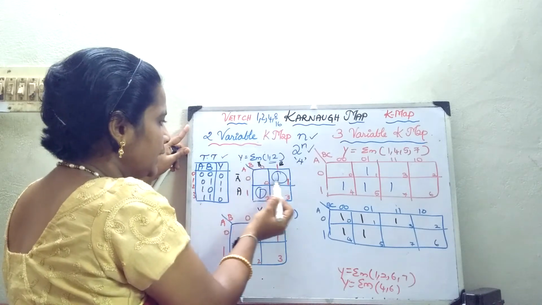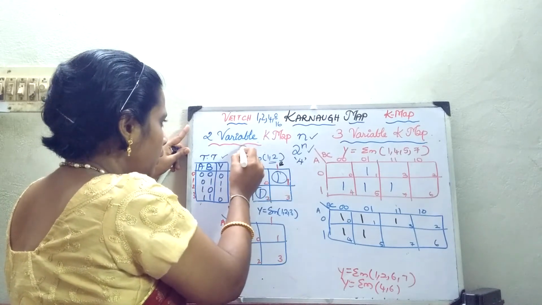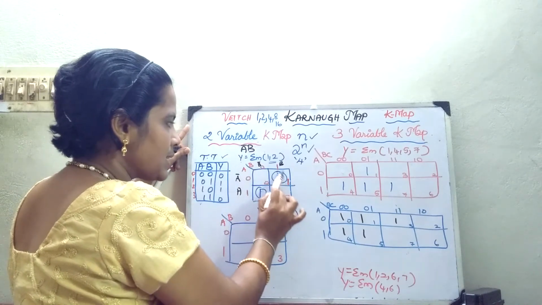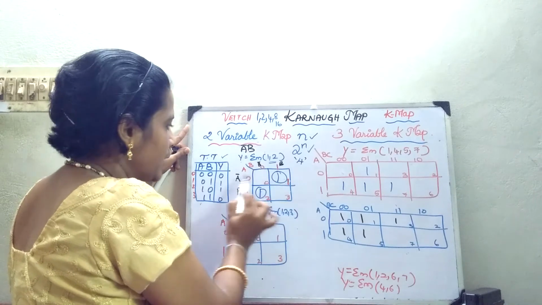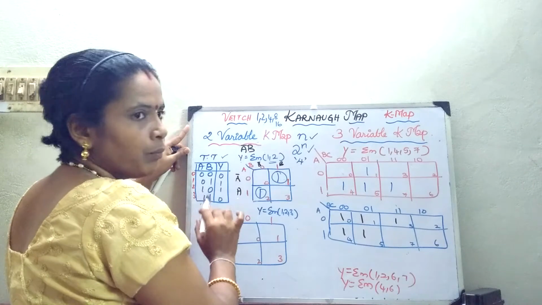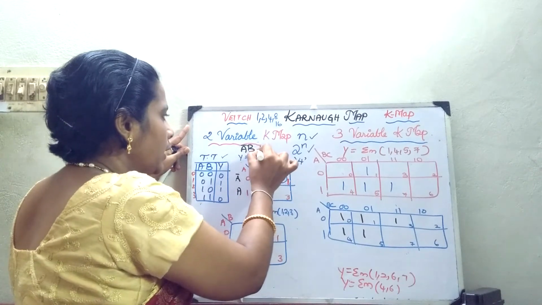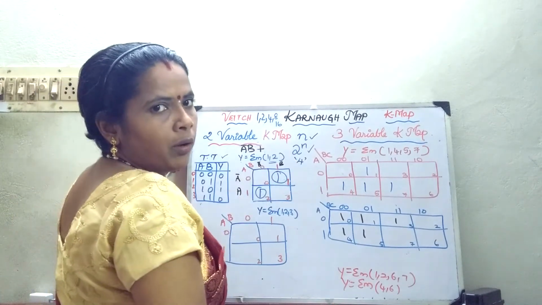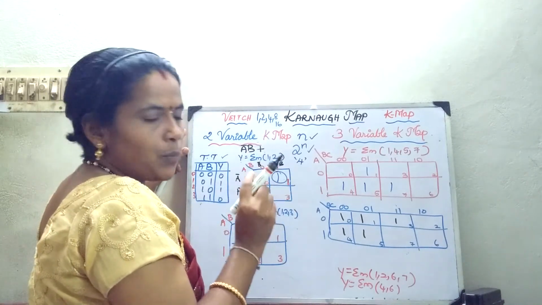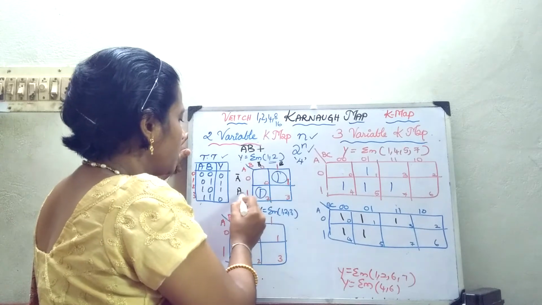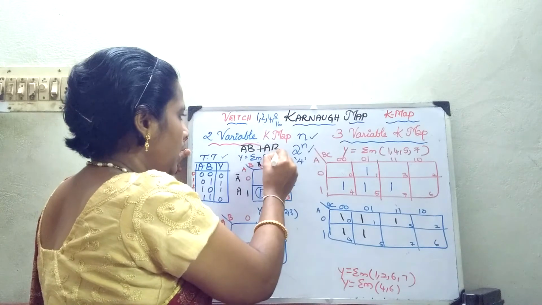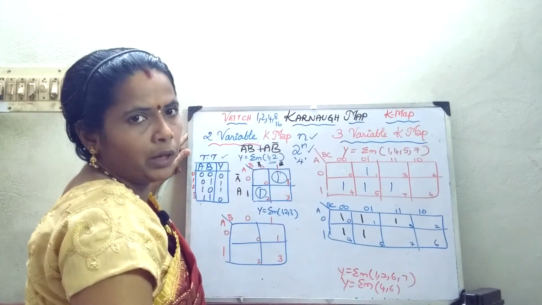Now, how will I write my expression? For this, it is A bar B, because it is 0. Just check where the grouping lies. It is nothing but A bar, and here this is 0, so A bar B. One term is over, and you are going to write it in SOP form, the sum of various product terms. Each grouping is going to be represented as a product term. Now, here if you see, this is A, 1 is there, 0 is there. So A B bar. That's all. That is going to be your output expression.